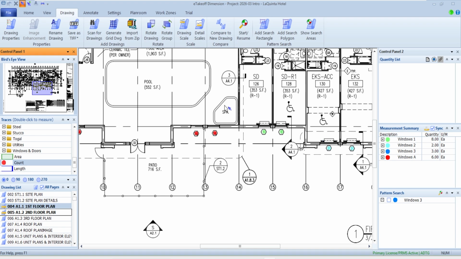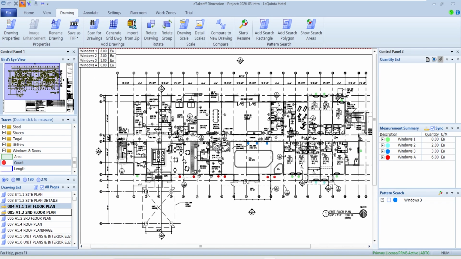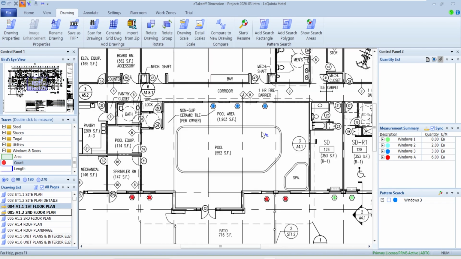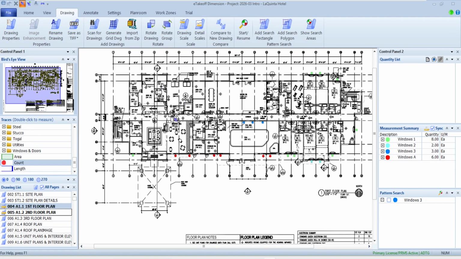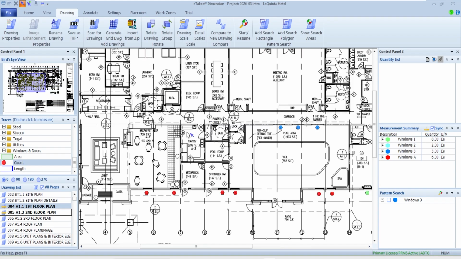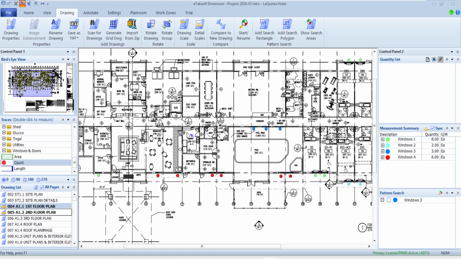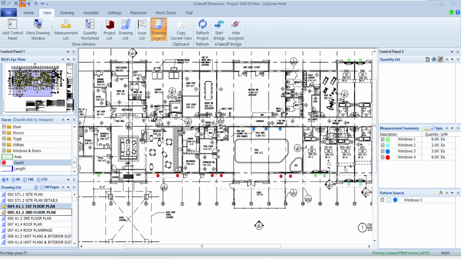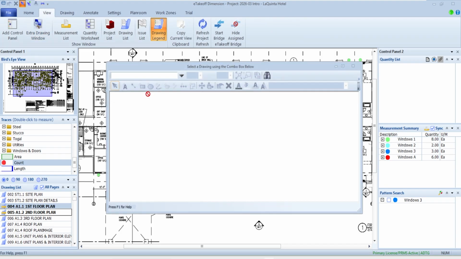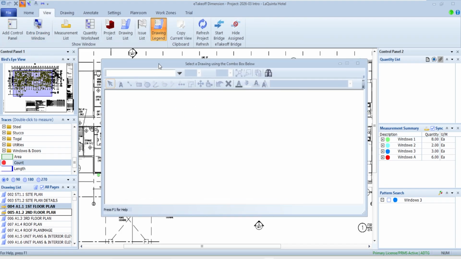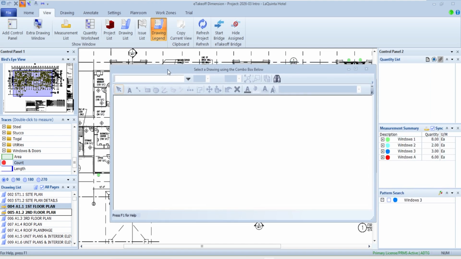The other thing I wanted to take a quick look at for when we start talking about speeding up takeoff is it's also very typical when people are taking off like floors or a wall, I'm going to go look for another set of prints to go find my wall schedule or door schedule or things of that nature. So another thing I wanted to throw in for efficiency is if I go up to view, there's this thing called extra drawing window. Now you can have as many extra drawing windows as you want. And for those with multiple monitors, this can be something that I'm probably going to keep on another monitor or something of that nature.